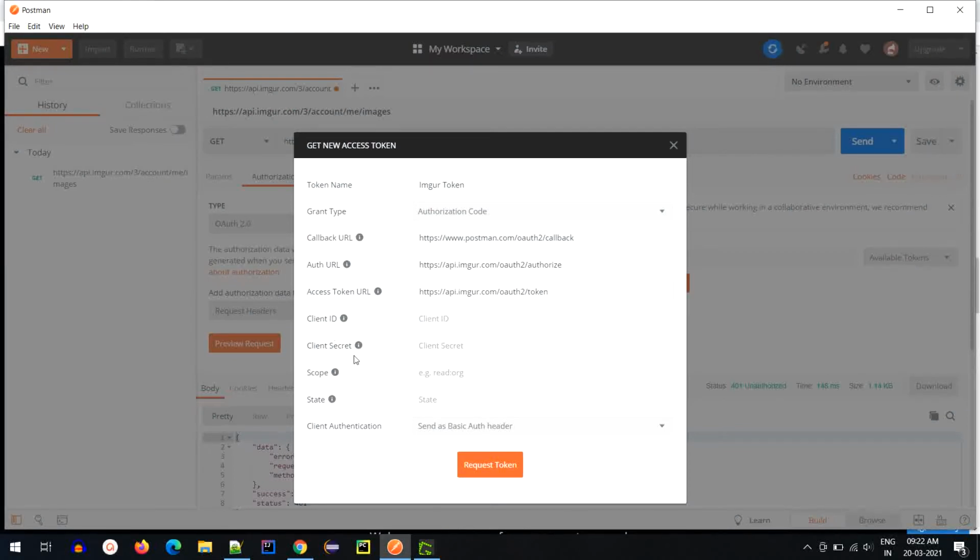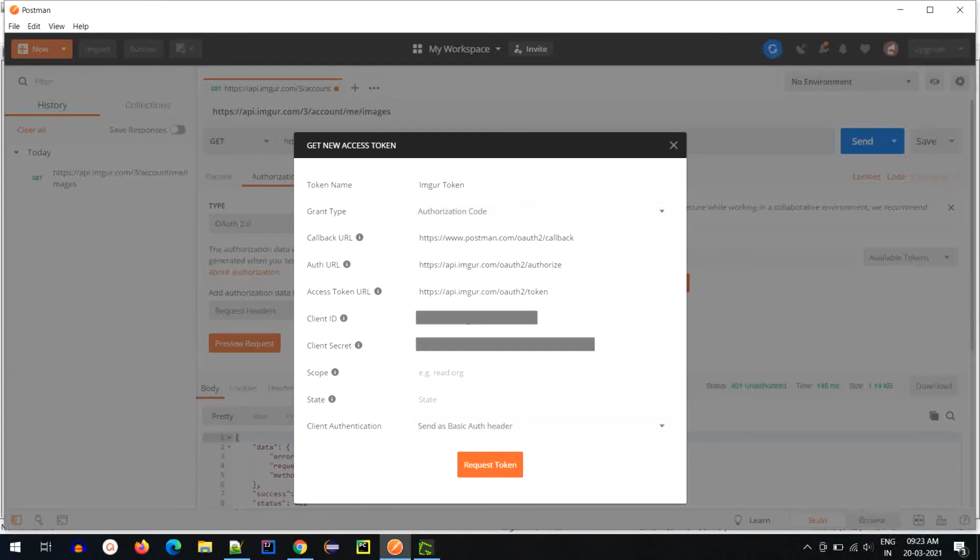Next comes the client ID and client secret. So these are the client ID and secret we had received when we had registered Postman as an OAuth user. So I'll just paste those values over here. We don't need to fill in these values for the Imager website. Now, the way we have obtained these URLs, similarly, you will be able to get all these details in the API documentation of that particular server. So whenever you want to use OAuth, make sure you look for these details in the API documentation. Let us then click on Request Token.